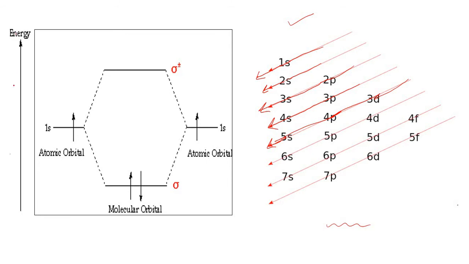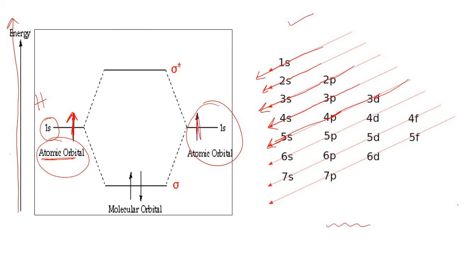So this is the energy along the y-axis, and here it is written as 1s atomic orbital. It means that here it is with respect to hydrogen, because hydrogen has one electron, which you can see here. That is the atomic orbital. Similarly, on the other side there is another hydrogen atom, which has one electron present in the 1s orbital. So here we write atomic orbital, and here also we write atomic orbital. I hope you can see one electron here and another electron here.